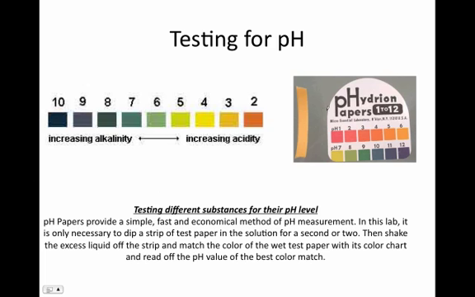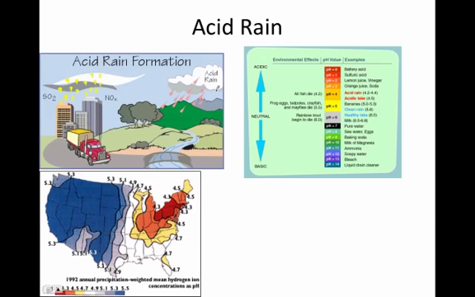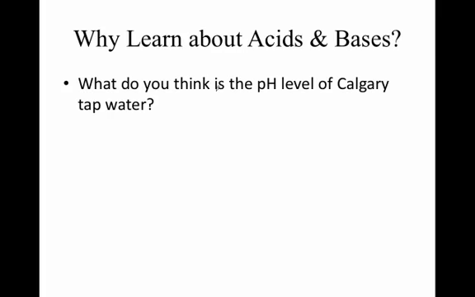This is called pH paper, and we dip it into a solution and we match it up then with whatever color it turns to decide how acidic or basic something is. It's much more valuable than litmus paper because we actually get a pH number for it. Let's go back to my first slide, and I want to talk a bit about